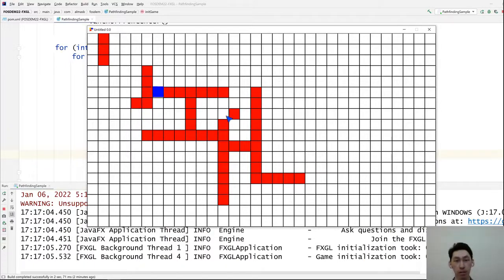And then if you click on a cell to which there is no path, then it essentially won't do anything. In terms of the low-level implementation details, the return path is a collection, as in a Java collection, like a list. And the return path will be simply empty. Not null, but empty, meaning that